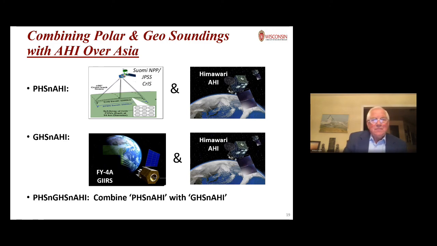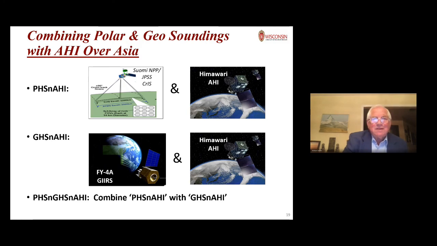The polar hyperspectral with AHI, which is on the Himawari satellite. And we've also combined it with the GEARS data, the geohyperspectral data, and with AHI. And we've put all 3 instruments together too: the polar hyperspectral, the geohyperspectral, plus the geo multispectral, the AHI, to give us